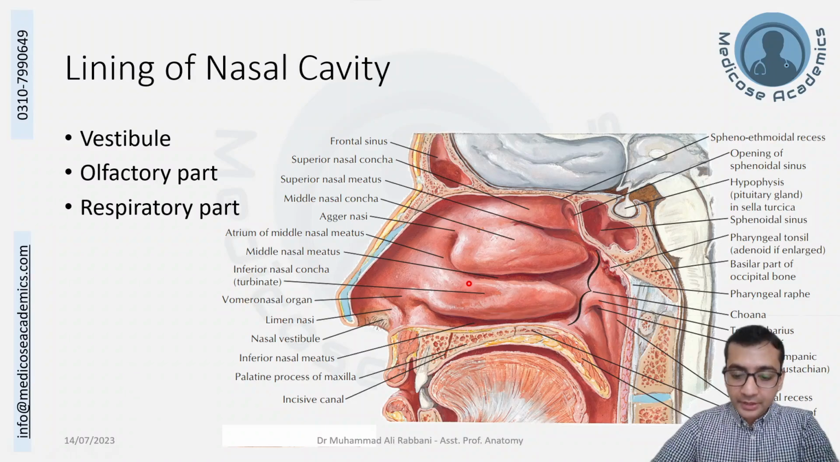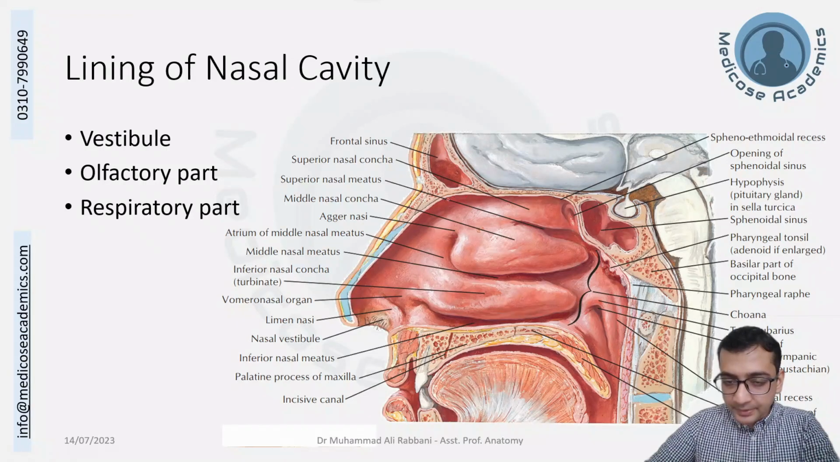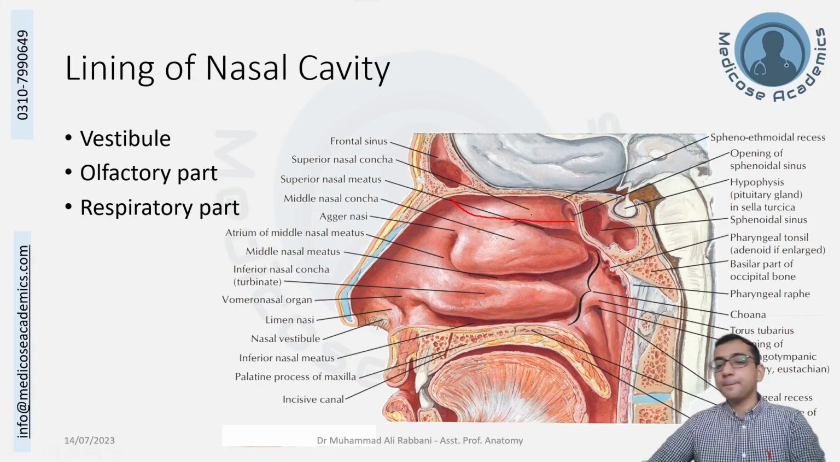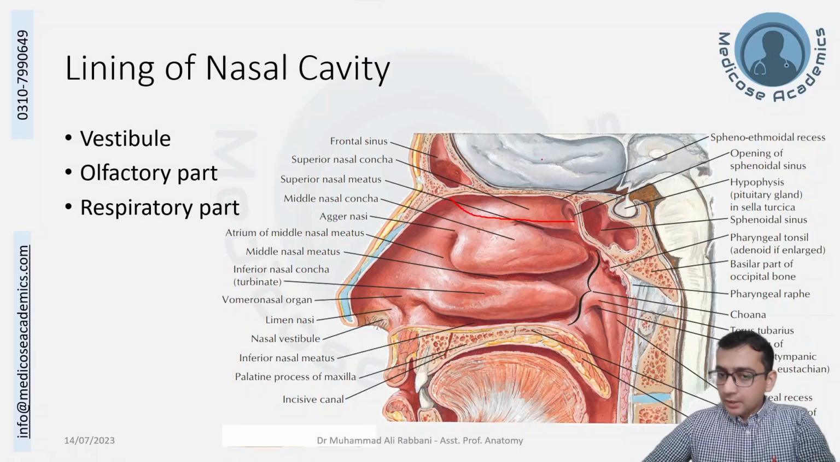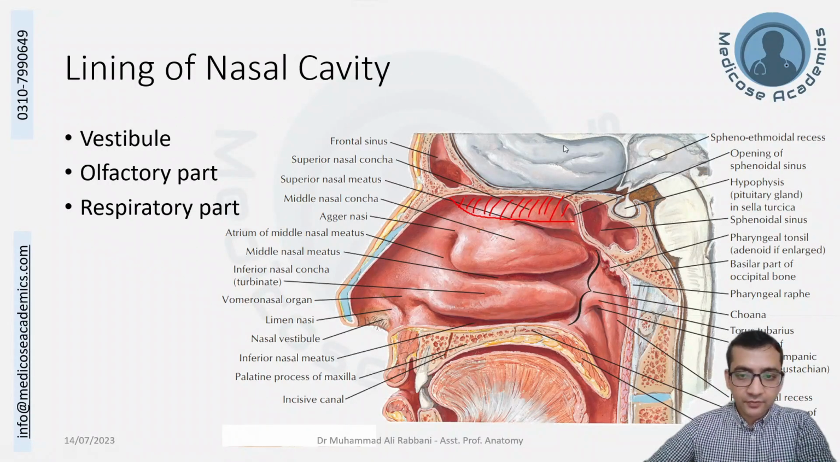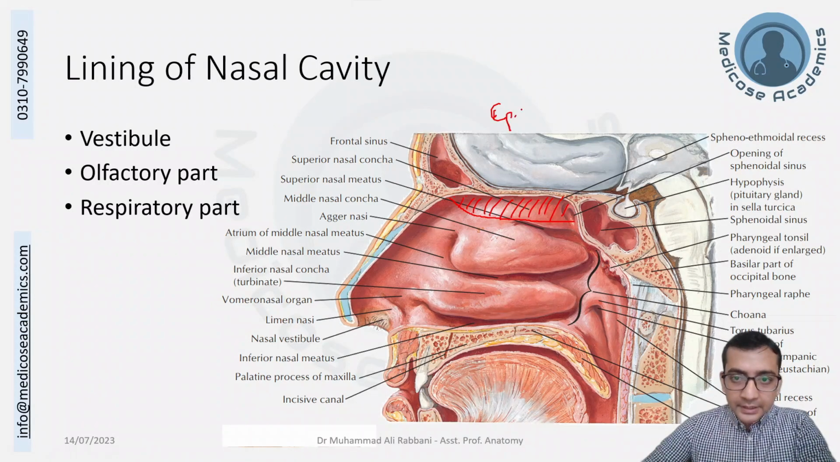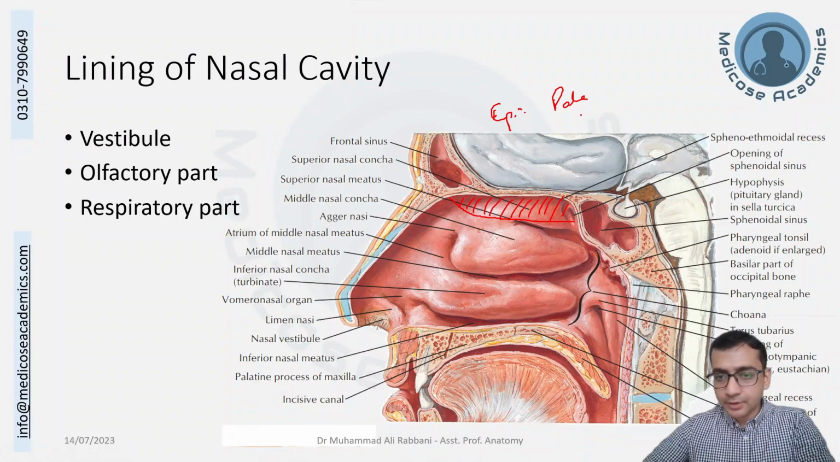Here, the epithelium is not shown in the picture, but we can discuss the epithelium covering the outer aspect of the superior concha and the corresponding part of the septum. This wall is known as the olfactory part. It contains the sensory fibers from the olfactory nerve, and the epithelium is a little different. It's a little pale or yellowish brown as compared to the rest of the